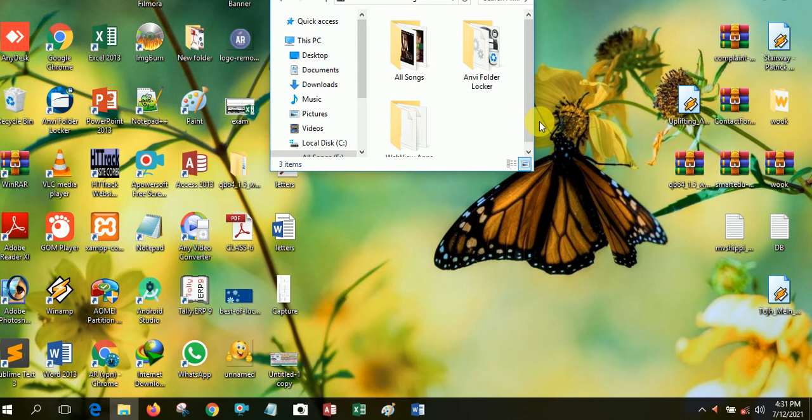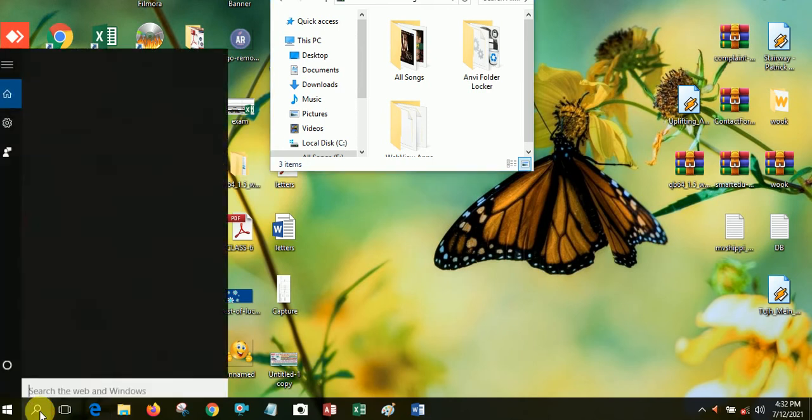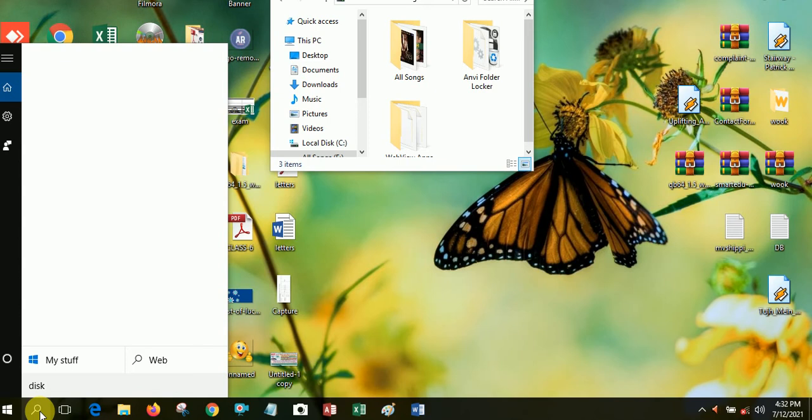So that means unwanted or temporary files are removed from your computer, and afterwards your computer works fast. When you remove unwanted and unnecessary files from your computer, definitely your computer works fast. So how can you do disk cleanup in your computer system? We already discussed it. Just using the start button, type disk cleanup. You can see disk cleanup is shown in my computer system.